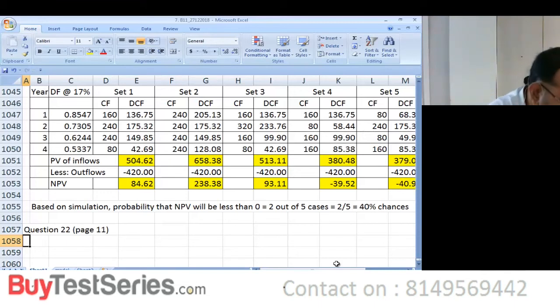Both are not certain. Next, if the relevant discount rate is 11%, evaluate the project using simulation in 6 runs with the following random numbers: 6375, 8858, 0958, 7893, and so on. How many numbers are there? Guys, how many numbers are there here? 12 random numbers are there, correct? It says simulating 6 runs, which means a pair forms a set.